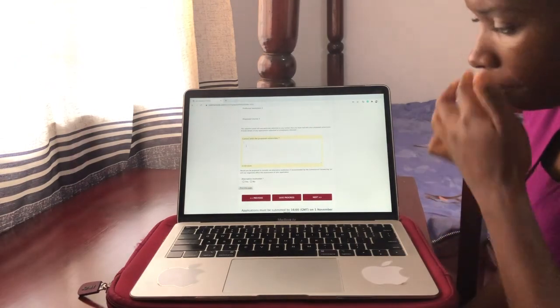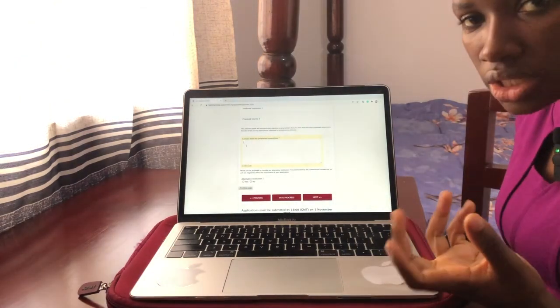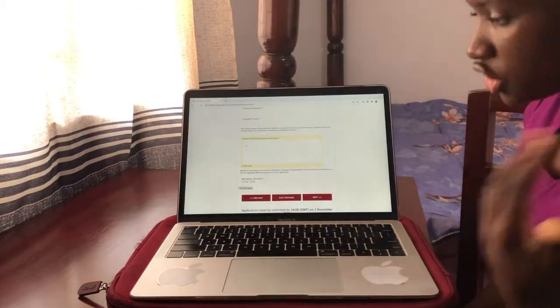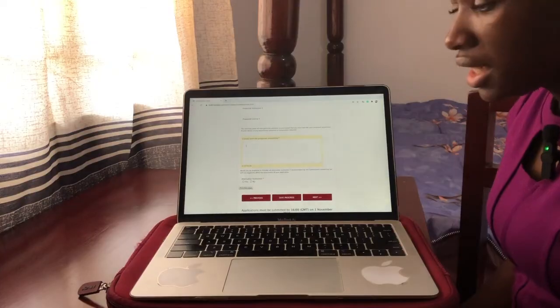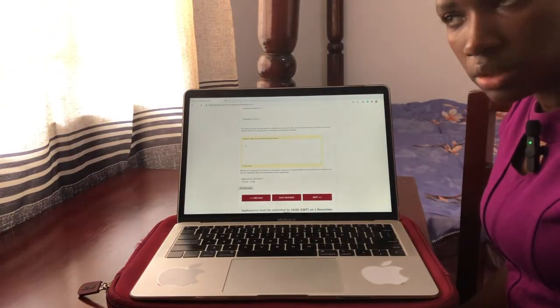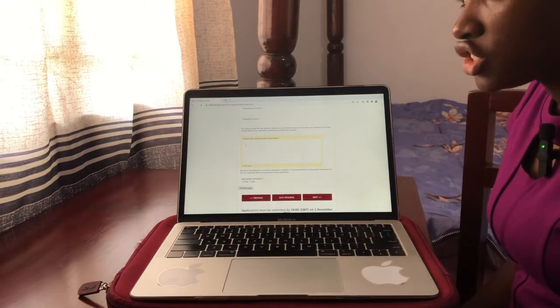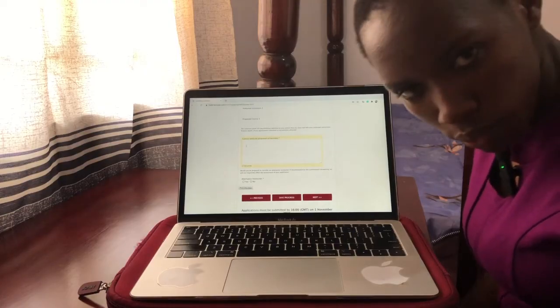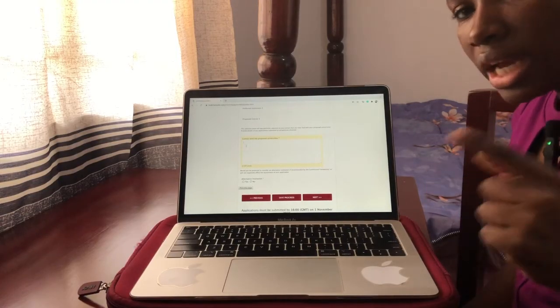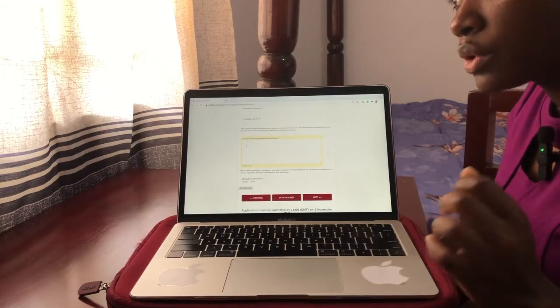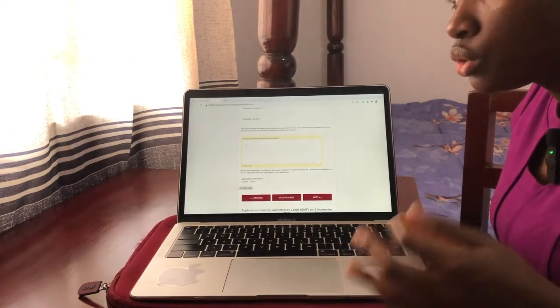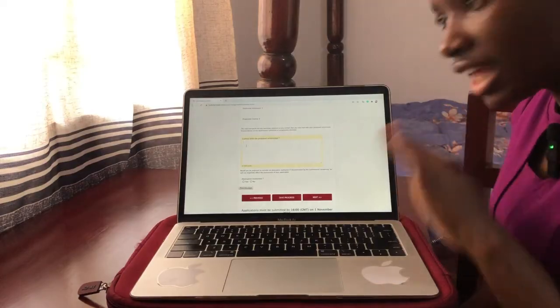You can say, I'm in touch with the supervisor. If you're applying for a PhD, I'm in touch with the supervisor and we are still discussing the project. So at any stage, it doesn't matter. The question might be, will it affect my application if I haven't applied? No. I don't think so. When I applied for this scholarship, I was doing my undergrad, and I had not applied to any university.